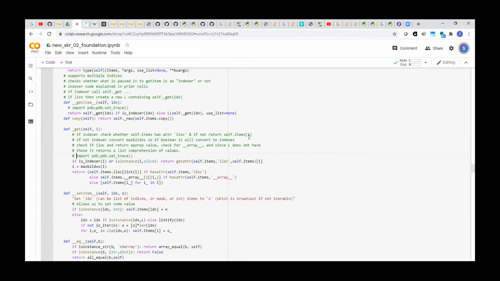If not, return self.items I, not indexer, and if mask to IDs, then if it's a boolean, it will convert it to indexes, and then it checks for ilock or array. And if it's neither, then it goes through a comprehension of whatever is in self.items. And the self.items is because